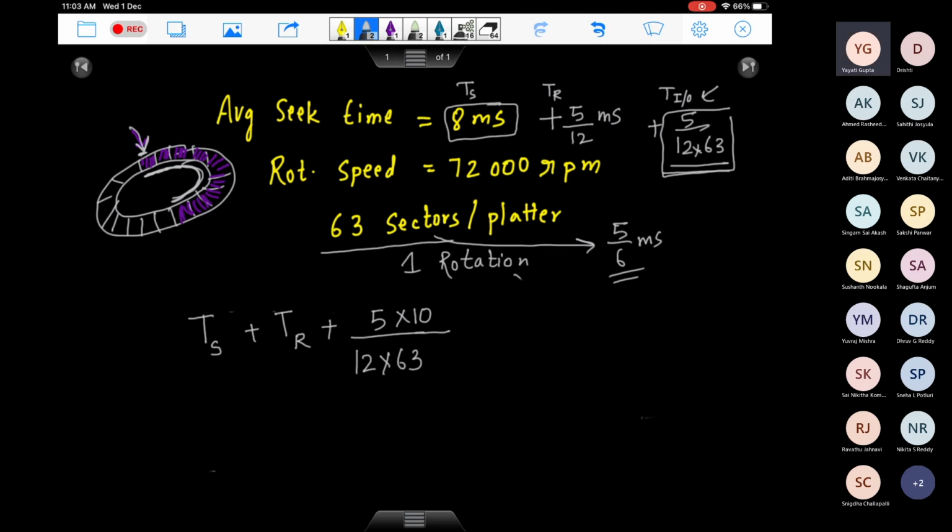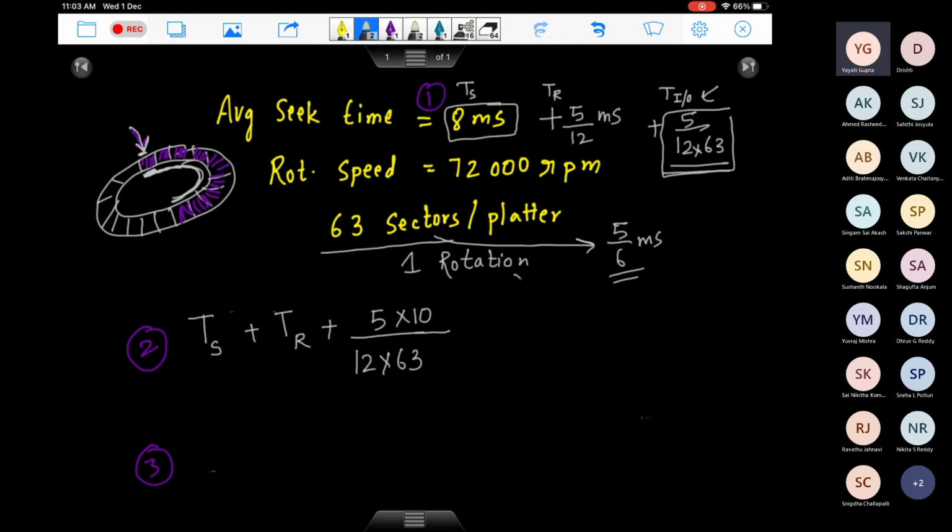All right. Next part, what if these 10 sectors were not contiguous? So you do first input output on this sector here. Now the another sector could be again anywhere on any track. And then the another sector could be anywhere on any track. Then what would be the answer? So let me write down. This was the answer to your first part. This was the answer to your second part. What will happen in that case?